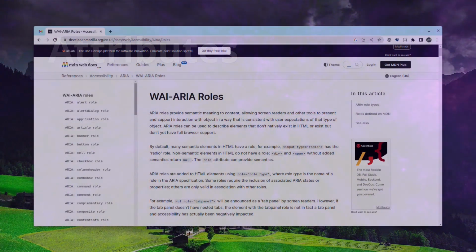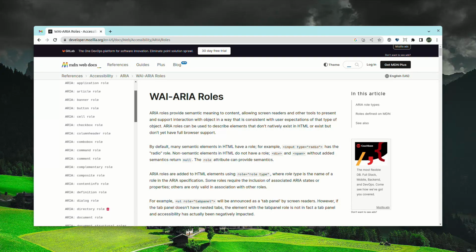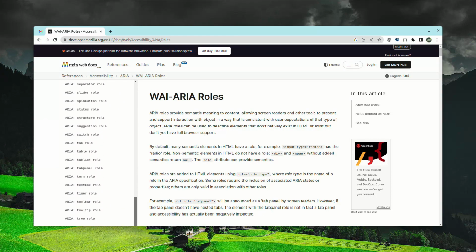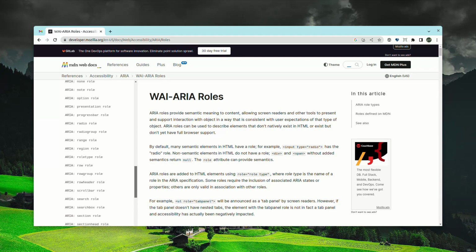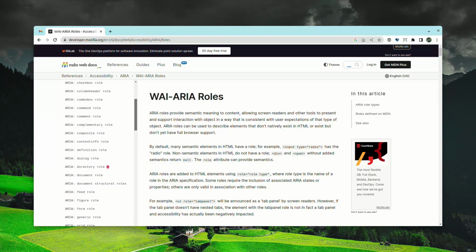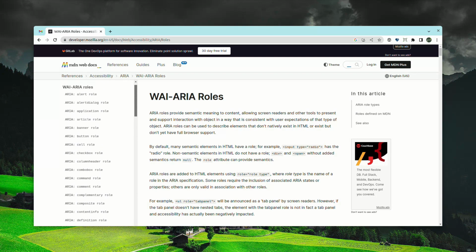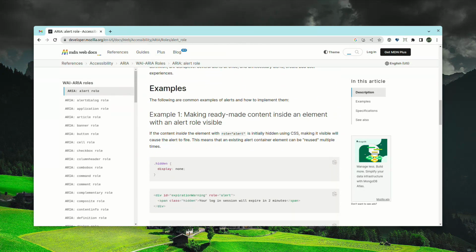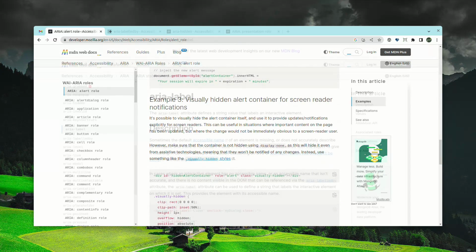The Mozilla Developer Network has information on all the attributes and roles. Many HTML tags have an implicit role like H1 having the heading role, and it is important not to change this. If you need to change the role, however, the MDN can show you which roles a tag can have. A div, for example, can have any role, but other tags may be more restrictive.